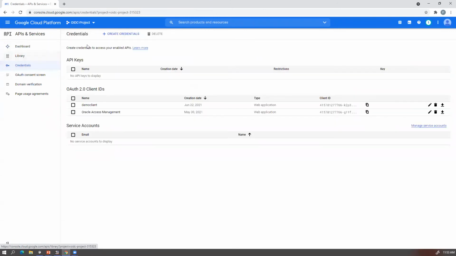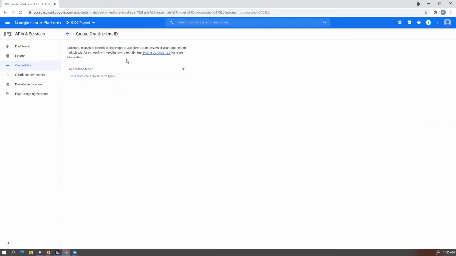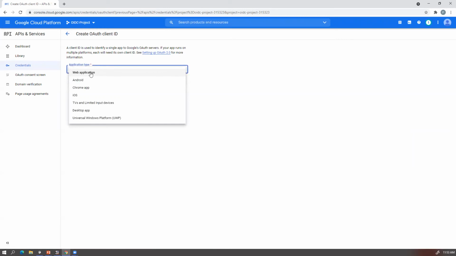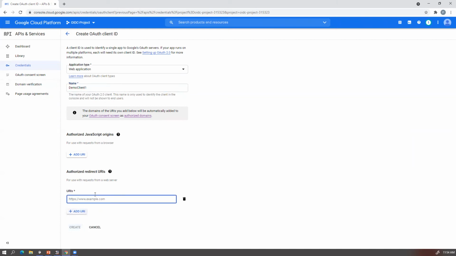To show you one, if you go to APIs and services, credentials, basically you create credentials, you go to OAuth client ID, then you choose the application type as web application, then you give a name. I'll give a name like demo client ID 1. Then I give this add URI, which is the OAM server redirect URI.